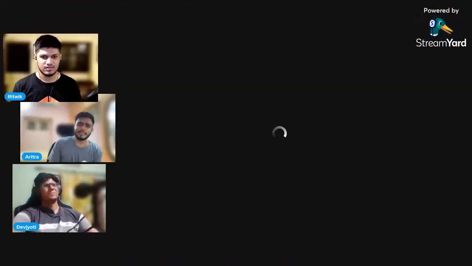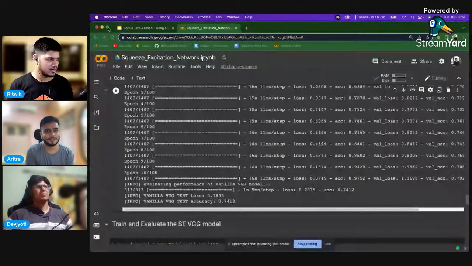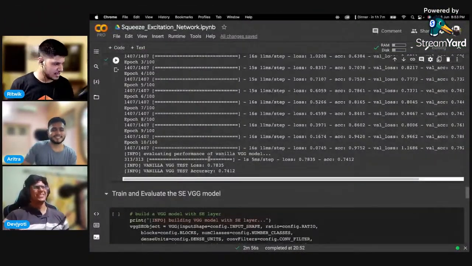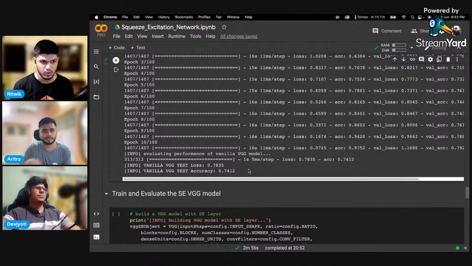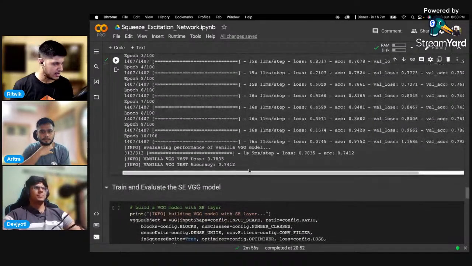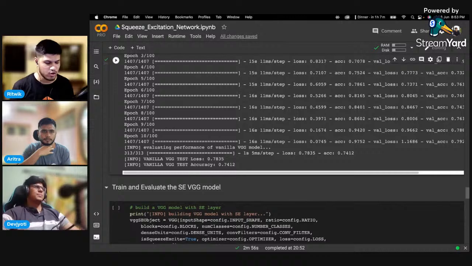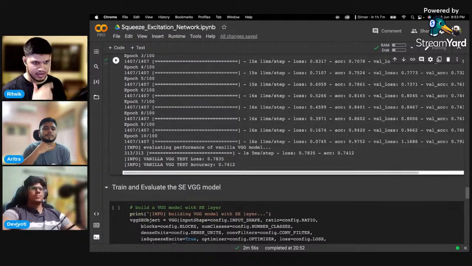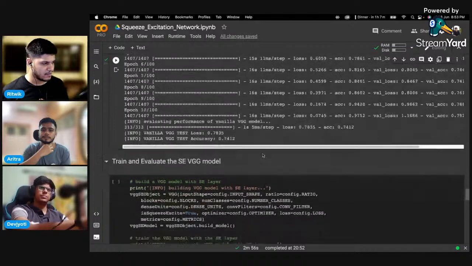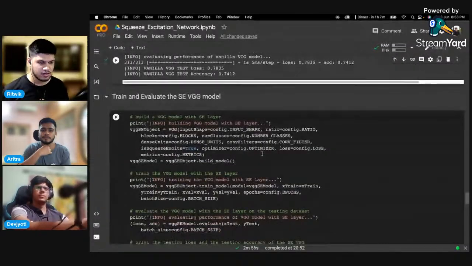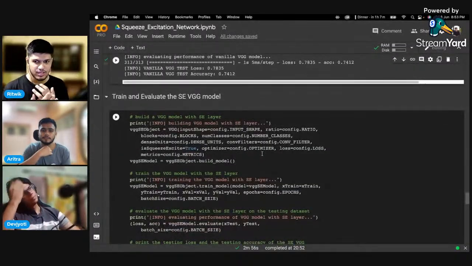Oh, is it? It did. Wow, that's quick. It ran for 10 epochs and gave us an accuracy of 74.12. And that's just something that we would probably want to note: 10 epochs and an accuracy of 74.12. And then we built the VGG model with the squeeze excitation, and this is the exciting